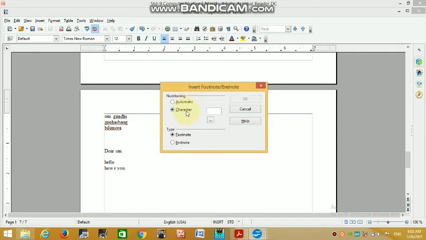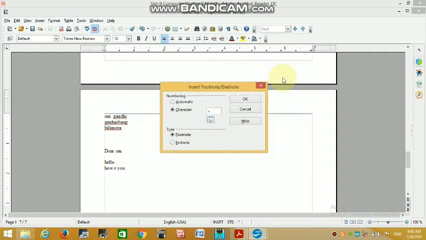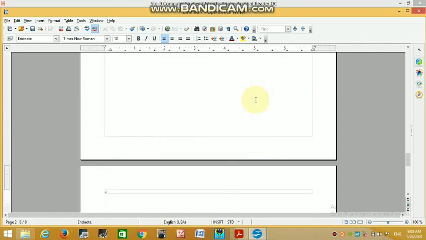Automatic and character. If you insert character, you can insert from here. By default footnote is selected, you can select endnote also. See this, like this symbol you can see on your document.